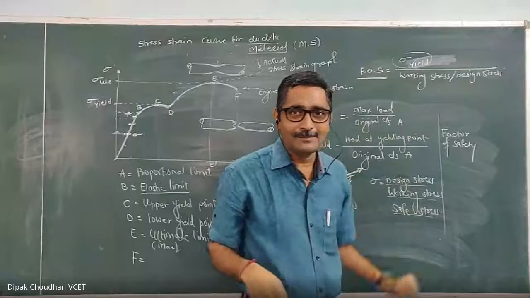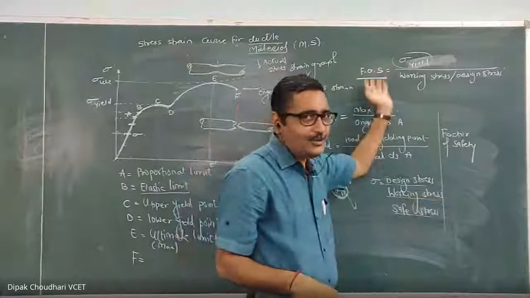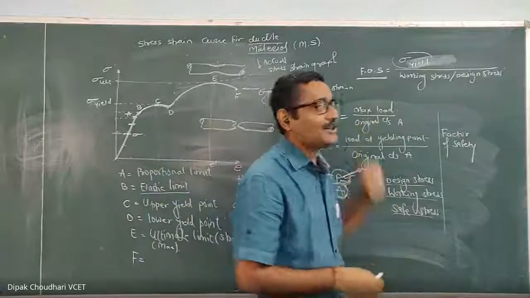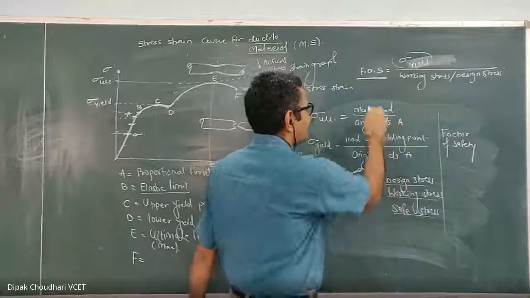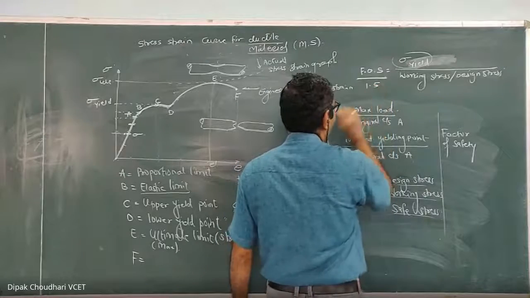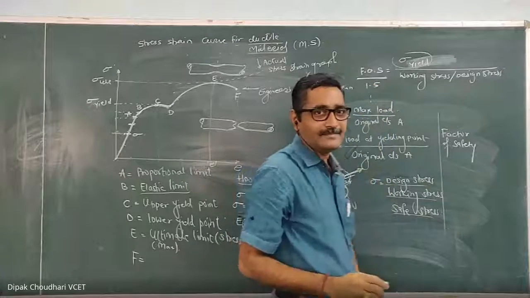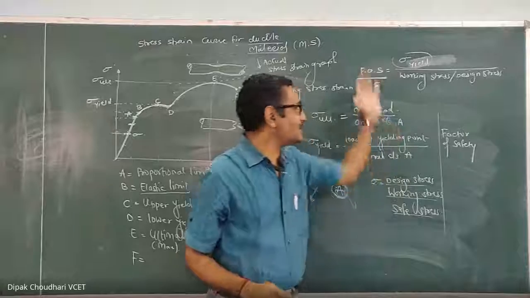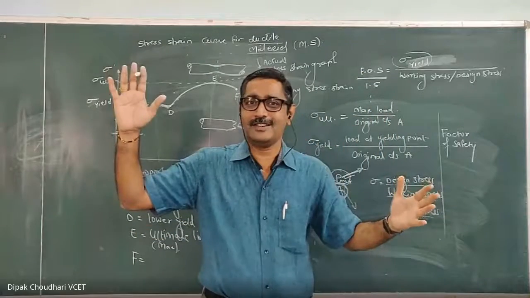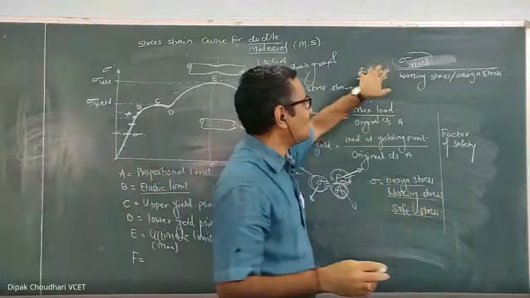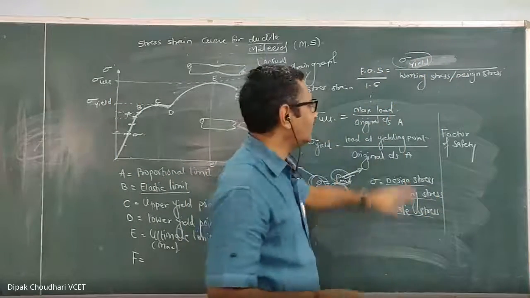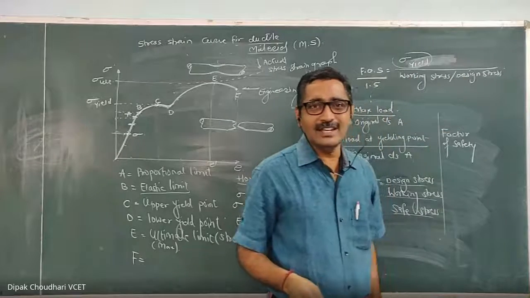This is the formula, but from the formula you won't get a factor of safety. In actual design, the design engineer has to decide the factor of safety. Here it is a number. For a normal component it is 1.5, and it goes on increasing. The design engineer has to decide it, depending on a number of factors. Once the factor of safety is known, yield stress you will get from the catalog, and from that we can calculate the working stress and design stress.